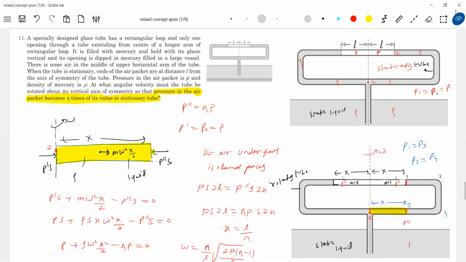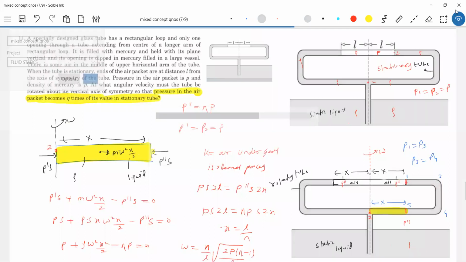The manometric equation you can even write for a rotating column also. P1 plus pseudo force, that one, minus P3. P1 gauge pressure due to pseudo force minus P3 equal to 0. Similarly, you can write here for P5, this one. And what is this? Everything is in the rotating frame. In the rotating frame, definitely the pressure at these 2 points will be equal. Okay, sir. Got it? Got it?